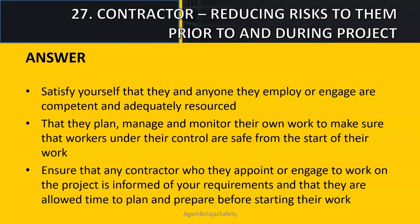Satisfy yourself that they and anyone they employ or engage are competent and adequately resourced. That they plan, manage and monitor their own work to make sure that workers under their control are safe from the start of their work. Ensure that any contractor who they appoint or engage to work on the project is informed of your requirements and